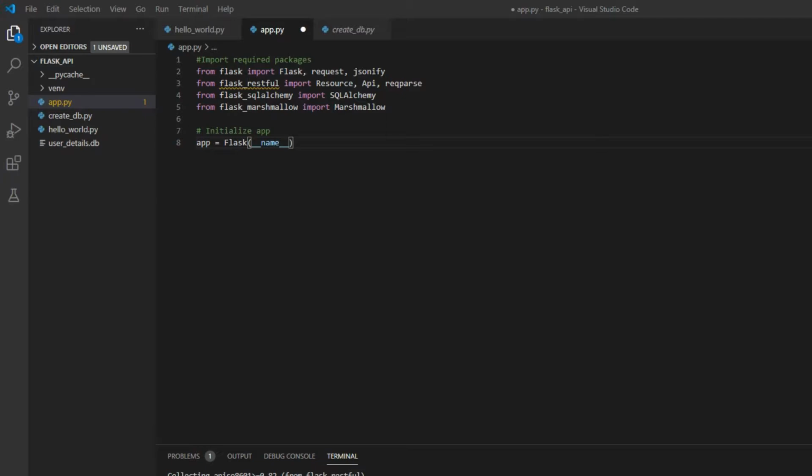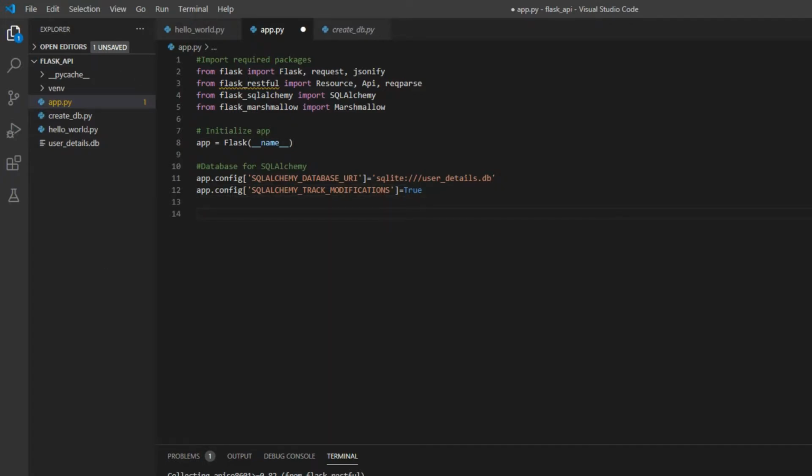Then we are going to initialize our database, meaning we are mainly configuring our database. app.config SQLALCHEMY_DATABASE_URI is the database URI. Our URI is SQLite, sqlite:///user_details.db. Then app.config SQLALCHEMY_TRACK_MODIFICATIONS we have set to True.